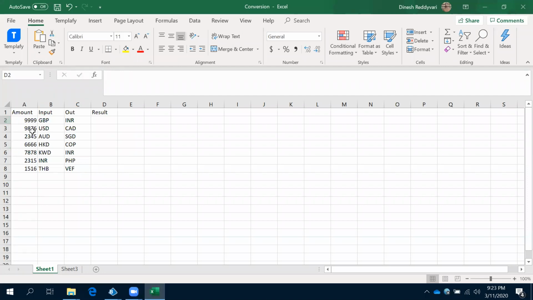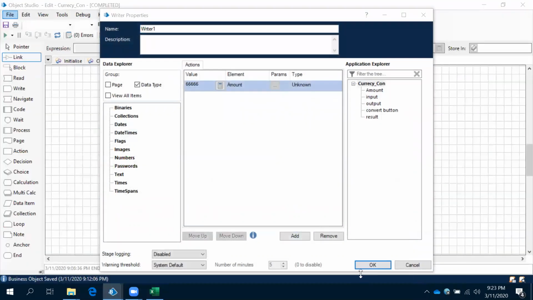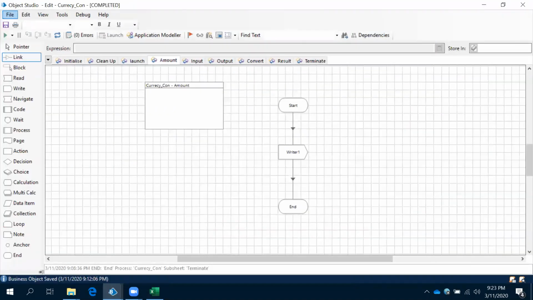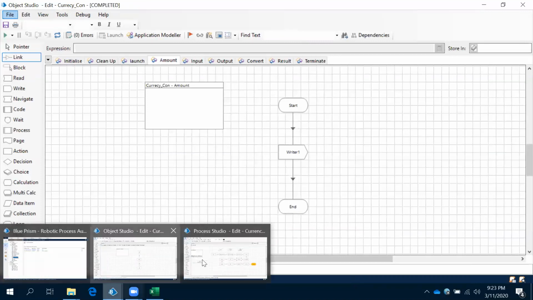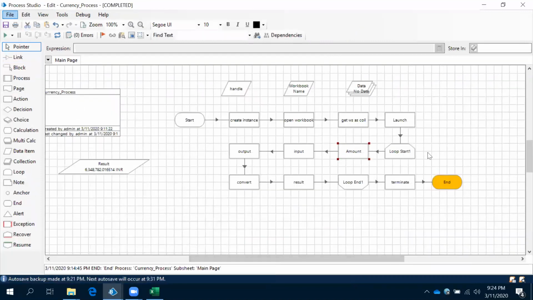It has to take all these records, whatever is available, not these things, right? If you run this application 10 times or 100 times also, it will pick whatever default values we have given here, but it should not take the default values. It should take the values from this Excel file, right?